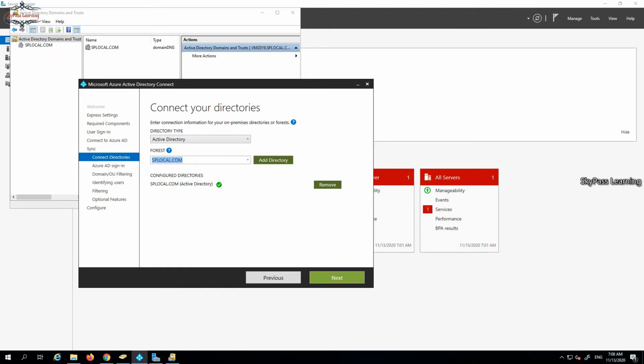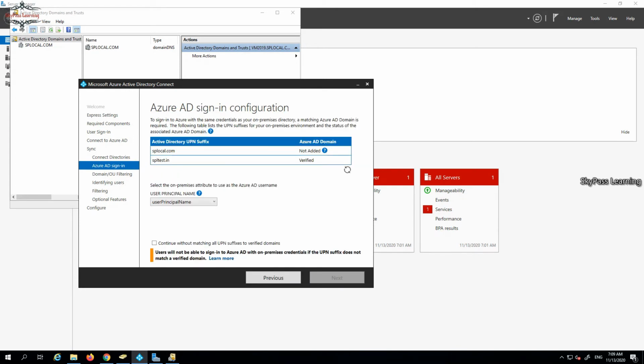We have only this Active Directory. If you have multiple forests, you will get an option for other forest, or if you have multiple domains, you will get those directory options. You can add it here. I have 2 domains and one is there. If you want to continue,